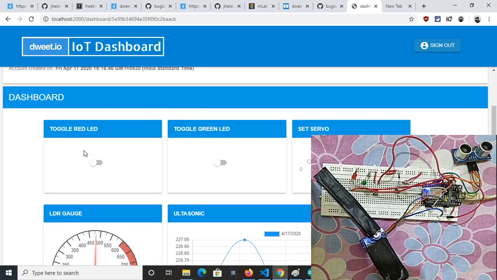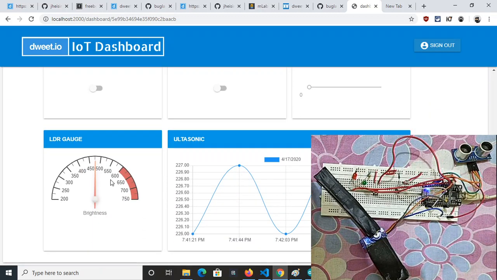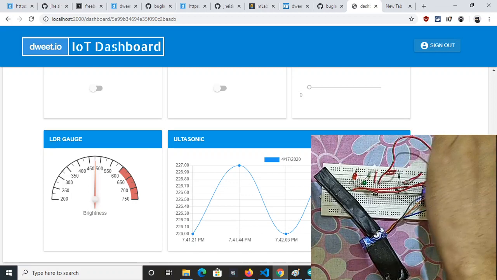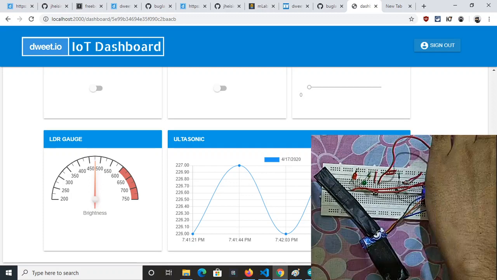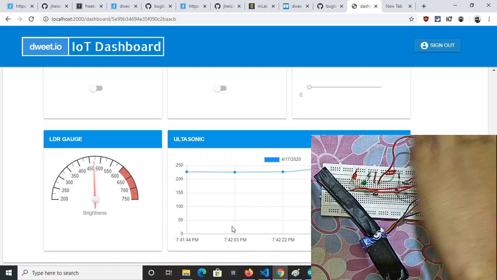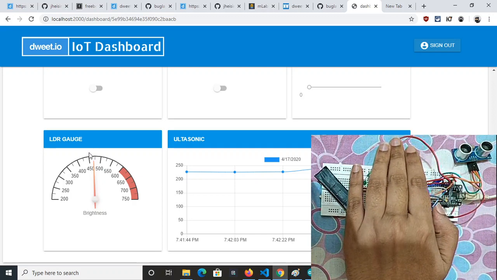Let me send some data. The data is coming here, around 450 to 500. Let me change it in real time. It's between 226 and 227, and as the distance drops, it's around 226. In the next request, the distance will go down to 5 centimeters. Let me lower this brightness.